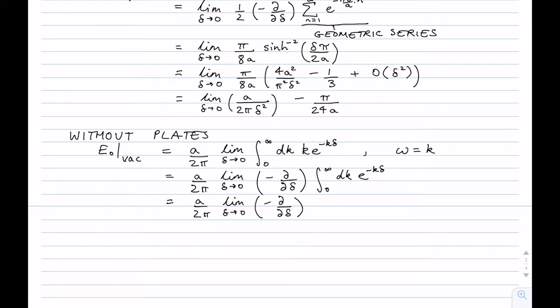Now I can actually integrate this thing. I get e to the minus k delta over minus delta, an integral like this, and that's equal to